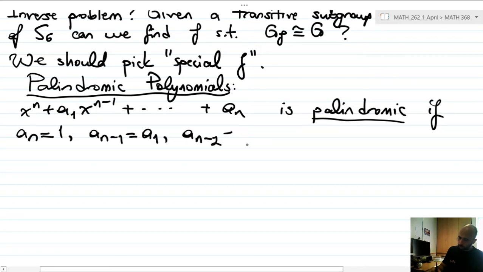a2, and so forth. So, well, the leftmost coefficient is equal to the rightmost, the next one is equal to the next one to the right, and so forth. So there's the symmetry centered at the middle. So if you read forward or backwards, the coefficients, you get the same list. Okay, as an example,